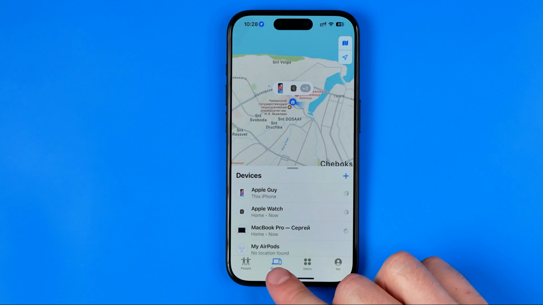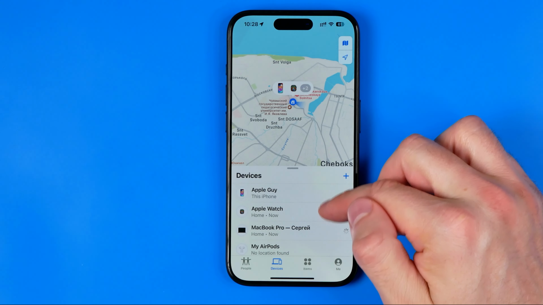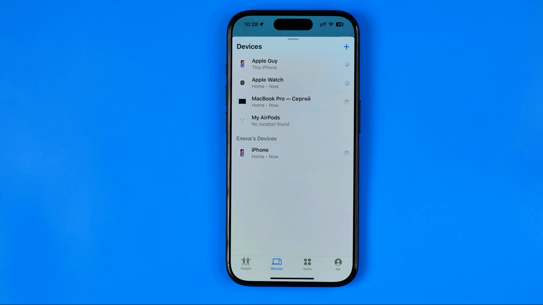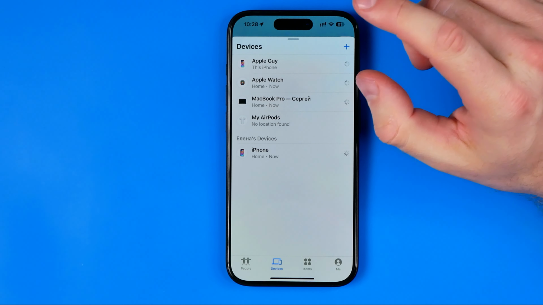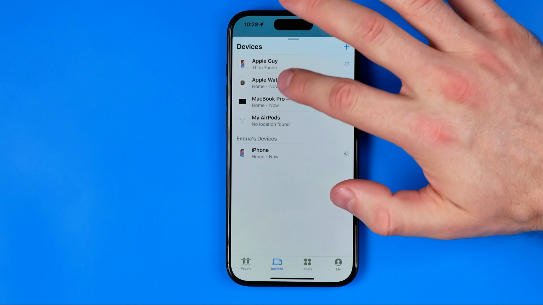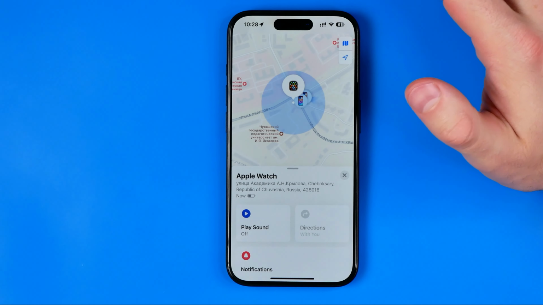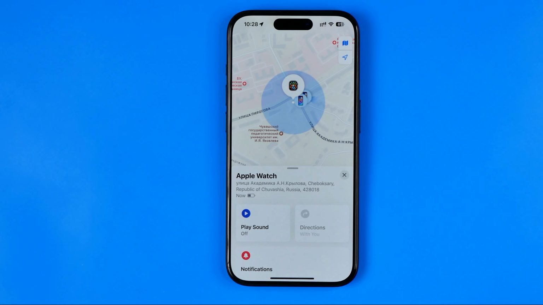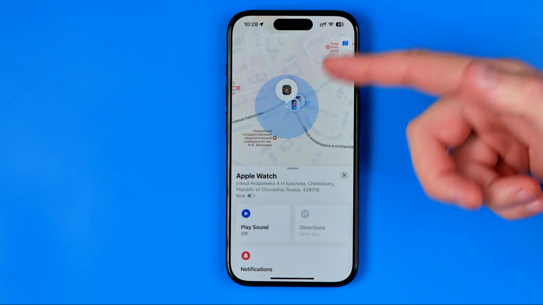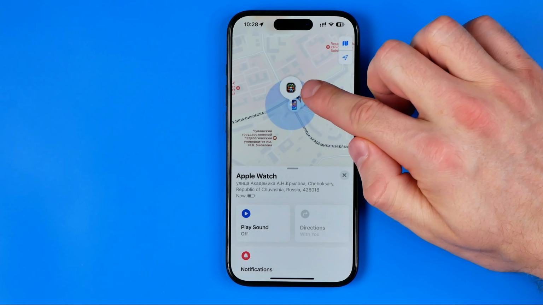And then all we have to do is just tap right here at Devices to see all your devices associated with your Apple ID. Here we can easily find Apple Watch, and first off we need to tap on it. And basically, guys, what that will do, that will show you the current or the last location of your watch here